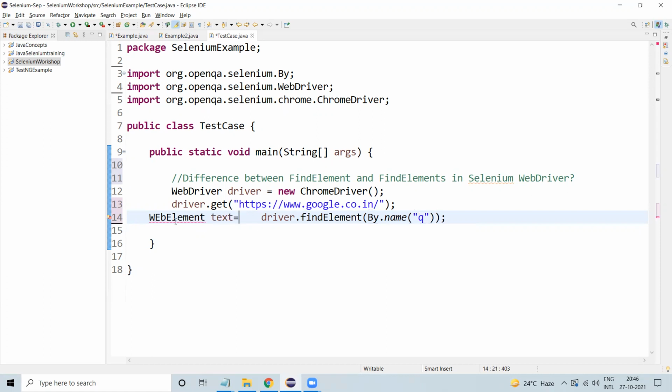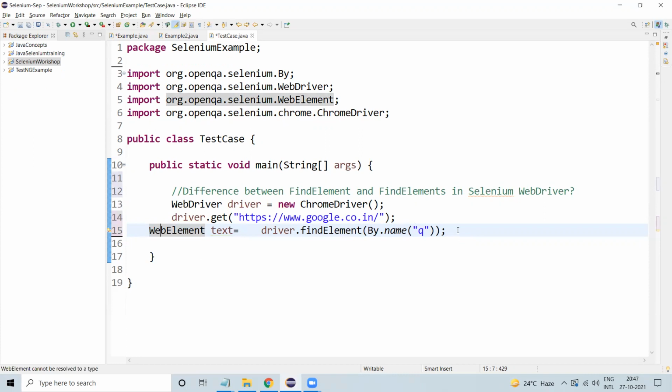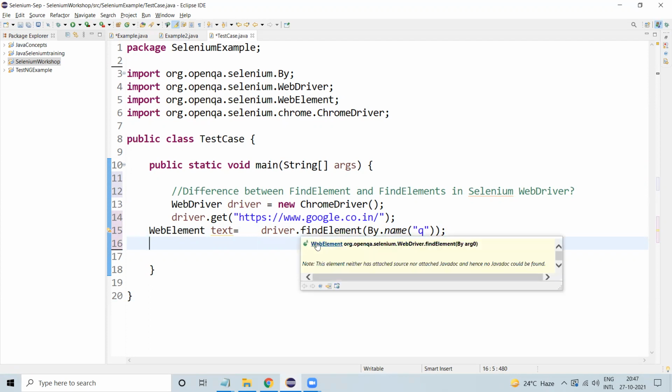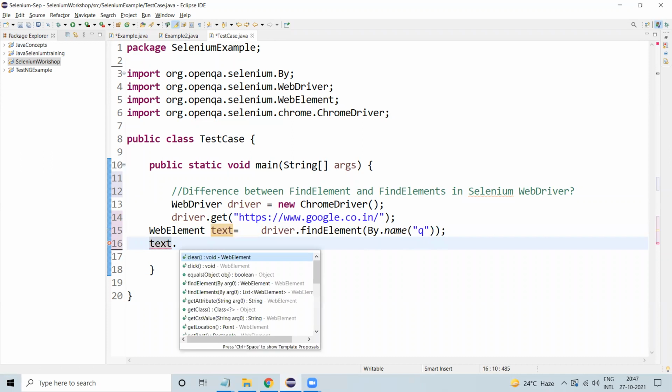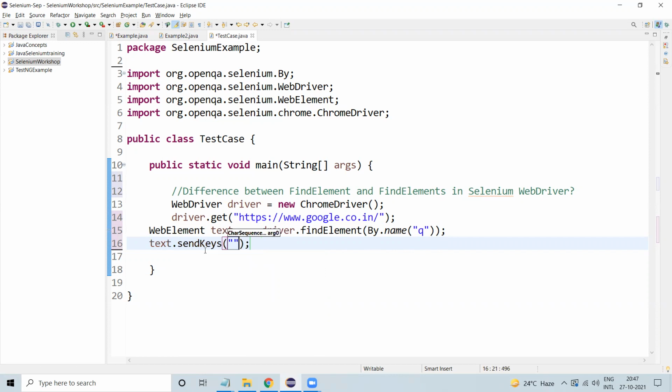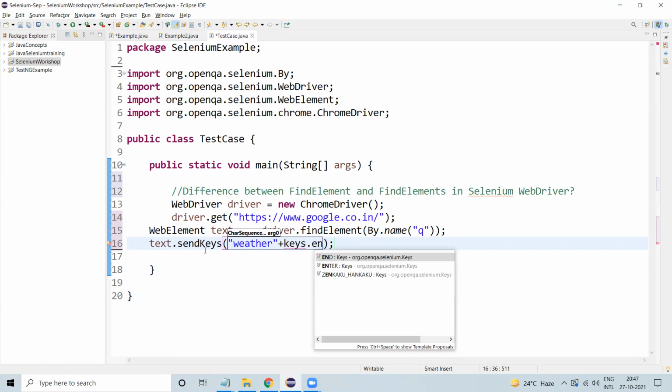I can store it like this in a WebElement variable. So findElement returns a single element, and the return type of this method is WebElement. Now using this reference variable, we can send some keys into the text box. sendKeys, I can use weather, and then Keys.ENTER.